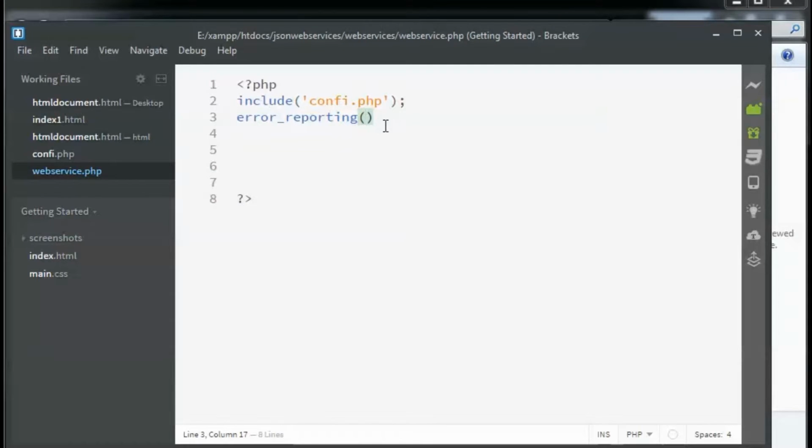I'm just going to turn it to E_ALL, and we have to put this tilde symbol, E_NOTICE, and I'm putting the semicolon.